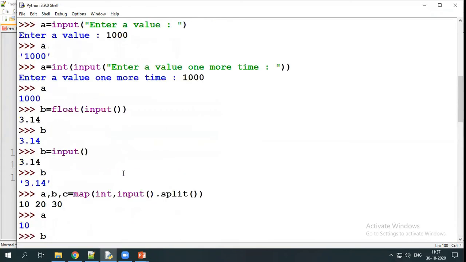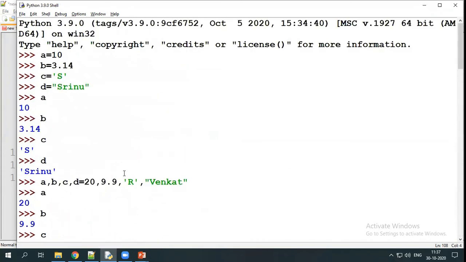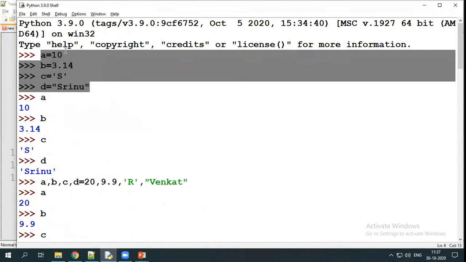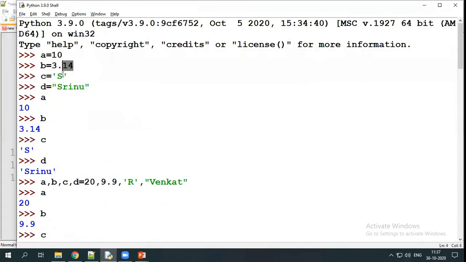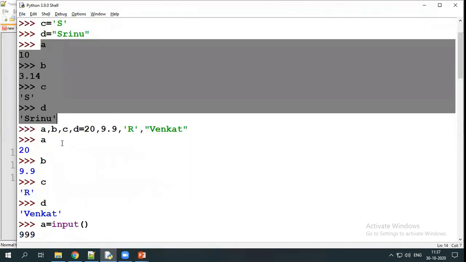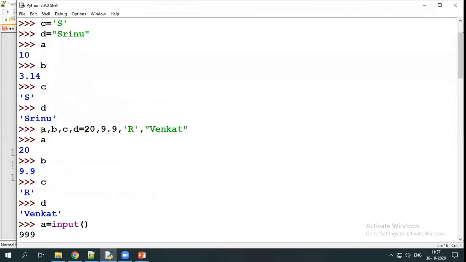See, if you look at all those things one more time, just a review. Here A is equal to 10, B is equal to 3.14, C is equal to yes, and D is equal to 3. No, here it is integer, floating point, character, string. See, directly here I am assigning, and here I am accessing A, B, C, D. Another way is by comma separator: A, B, C, D is equal to, and here you can give multiple values at a time. So it is also possible.